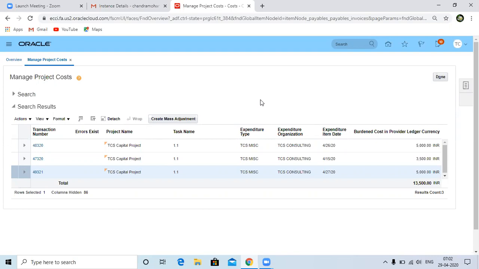When it is the period end process, there is no change. When coming to the receipt and accrue process, in EBS, once we create the receipt, we can directly transfer to projects. But in cloud, you can't directly transfer to projects from your purchasing receipts. The distributions have to go to cost management. From cost management only, we can transfer to projects.